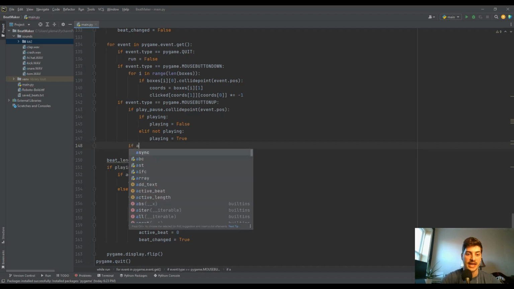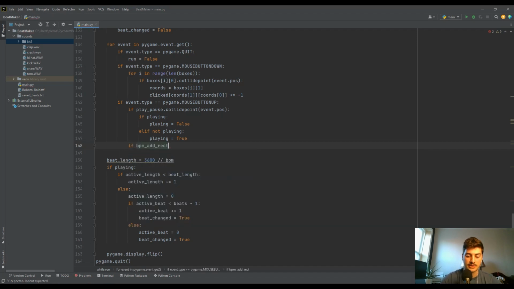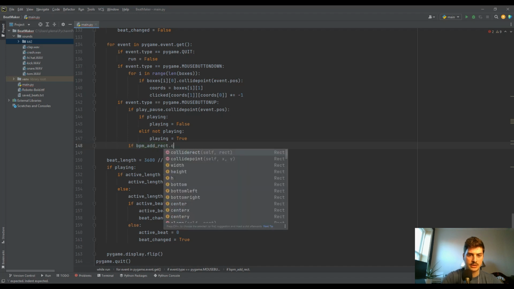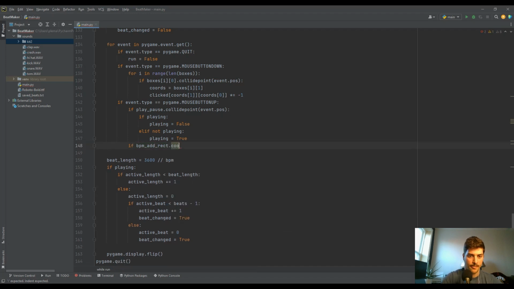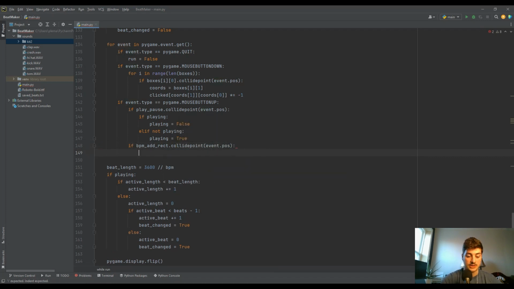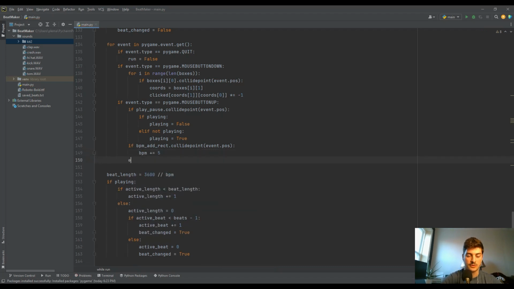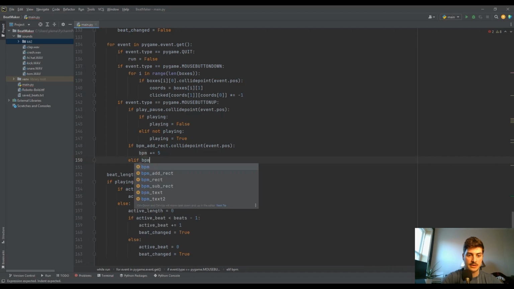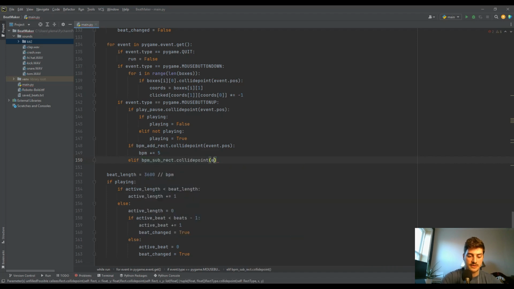And we'll do if BPM add rect dot collide point event dot pos. And so if that's the case, then we just want BPM plus equals 5, and then we'll do an elif BPM sub rect dot collide point event dot pos,